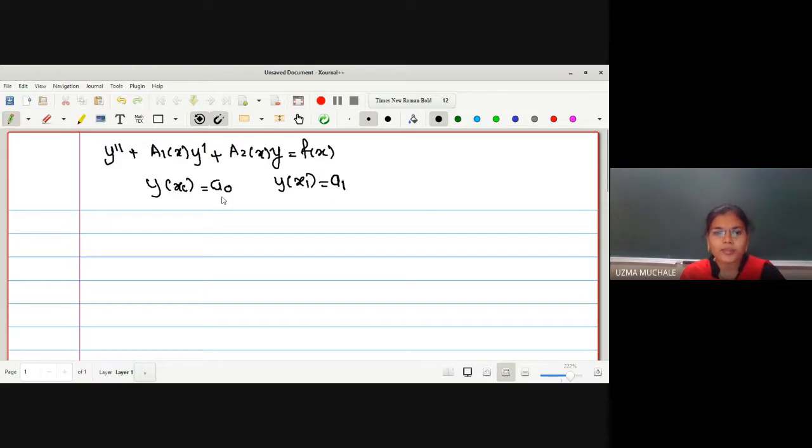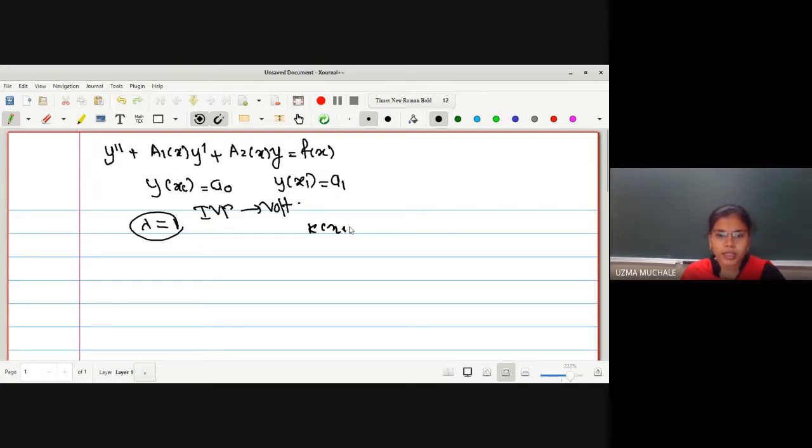With the help of this, we have found the solution of this differential equation. Rather, we are going to convert this initial value problem to a Volterra integral equation. We have converted the initial value problem to a Volterra integral equation, and we have found the values of lambda, k of x, t,